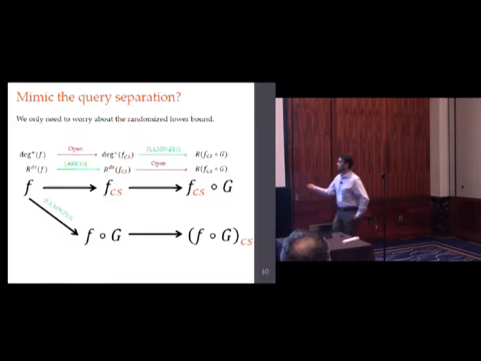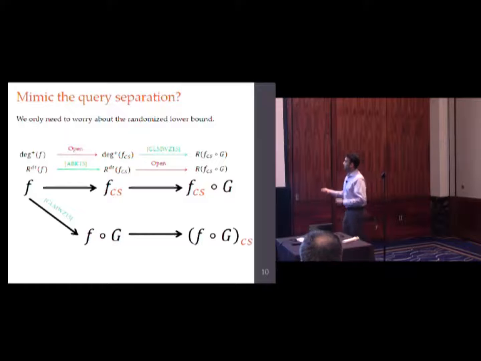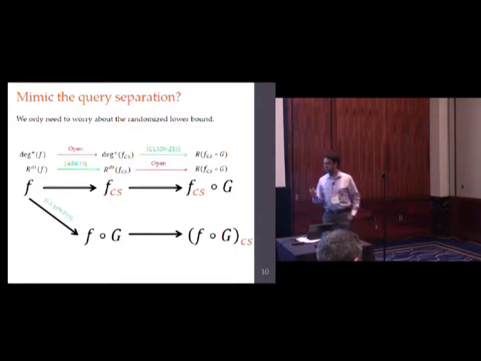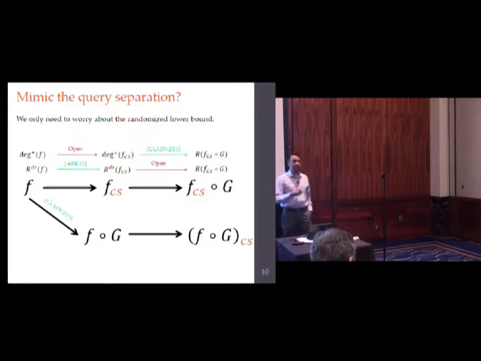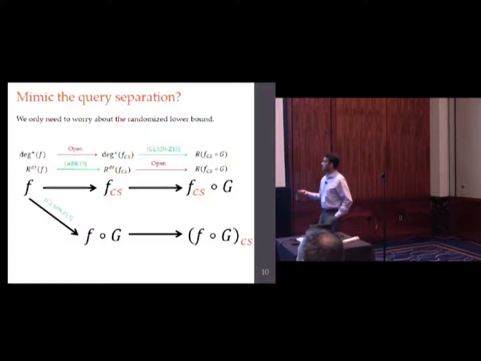So we apply it. But this kind of doesn't type check, because this cheat sheet transformation was only defined for query functions, like for Boolean functions that take an n bits input and 1 bit output. So we have to define what it means to apply the cheat sheet transformation in the world of communication complexity. So that's something that we do in this work. But we don't claim this is a great innovative part of this work, because you basically take the cheat sheet transformation in query complexity and do the most natural thing in communication complexity, and you'll get our definition. So that's not really innovative.